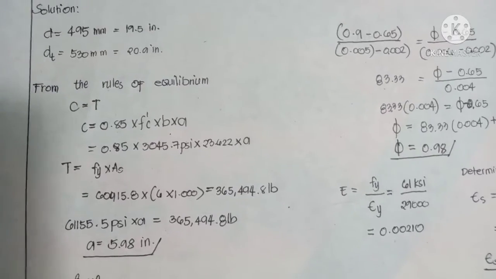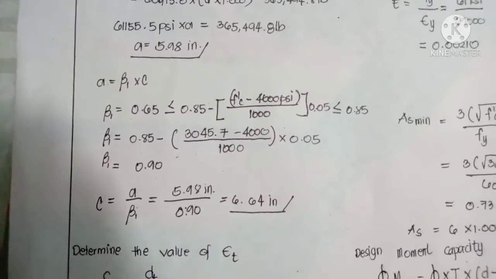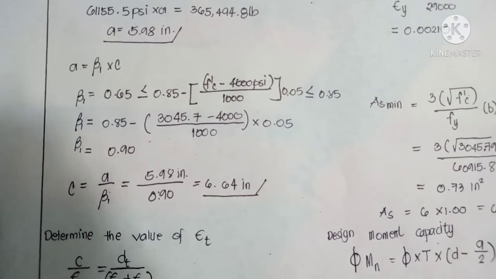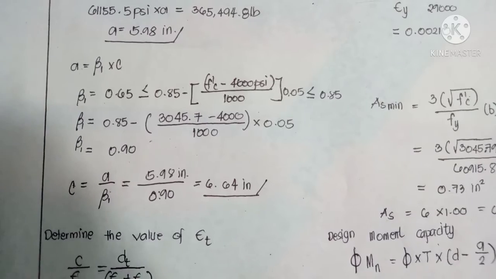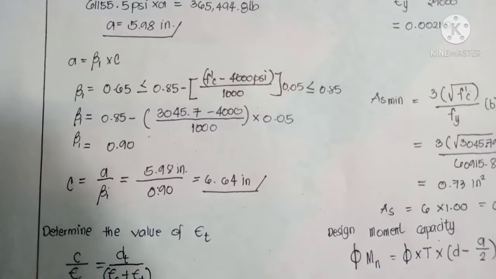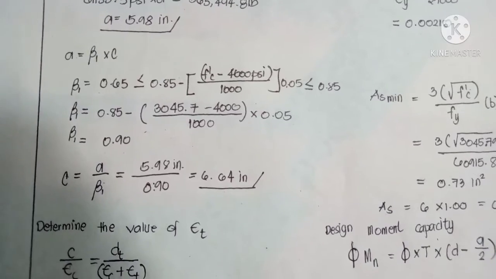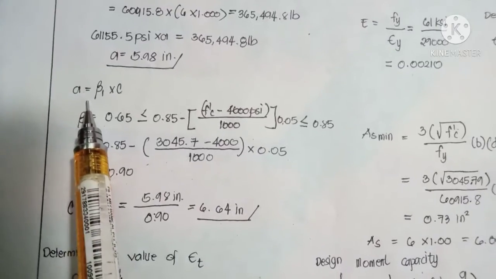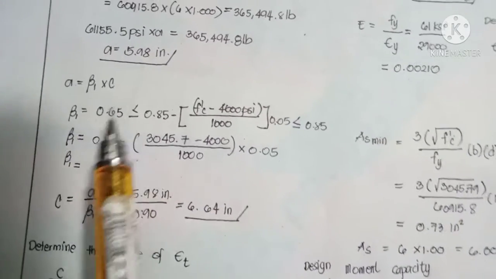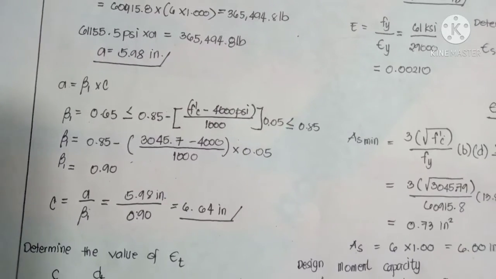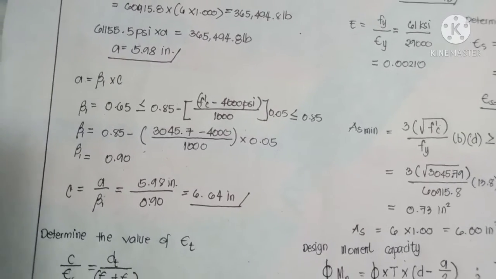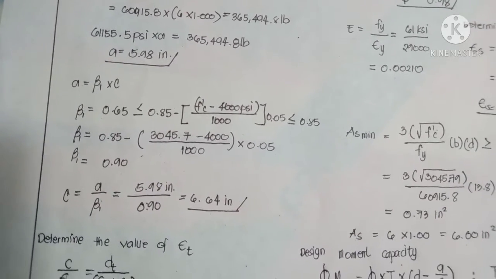Now that the depth of the stress block is obtained, we can calculate c, the depth of the neutral axis. First, we need to figure out the value of c using ACI code 318 section 10.2.7.1, where a is equal to beta 1 times c. Beta 1 here is a factor that relates the depth of the Whitney stress block to the depth of the neutral axis based on the concrete strength. It is defined in